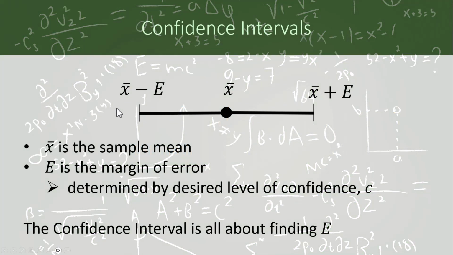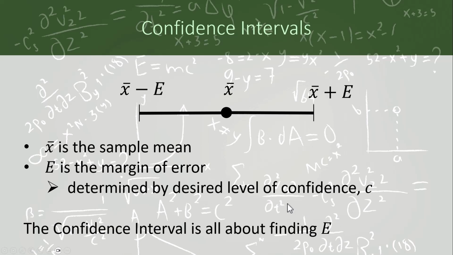Okay, so once again, here is our confidence interval. And remember, our confidence interval contains two parts, basically the sample mean and the margin of error. The margin of error is primarily determined by our level of confidence. So if we already know what the sample mean is, the confidence interval is all about trying to figure out